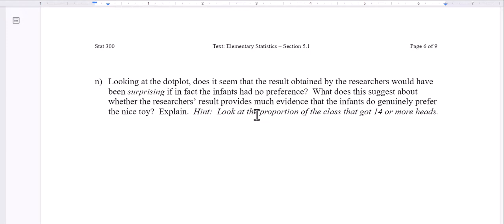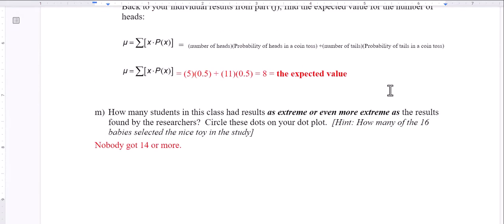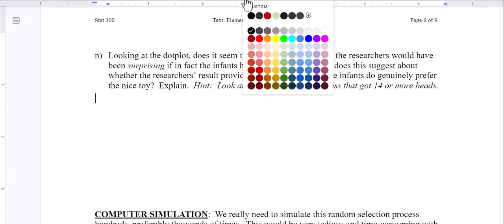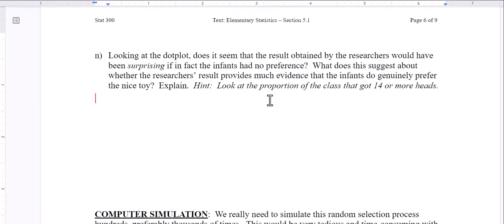So what does this suggest about whether the researchers' results provide much evidence that the infants do generally prefer the nice toy? And explain. My hint is to look at the proportion of the class that got 14 or more heads. We said nobody got 14 or more, so the proportion will be 0, right? So would it be surprising? Yes, it will be very surprising